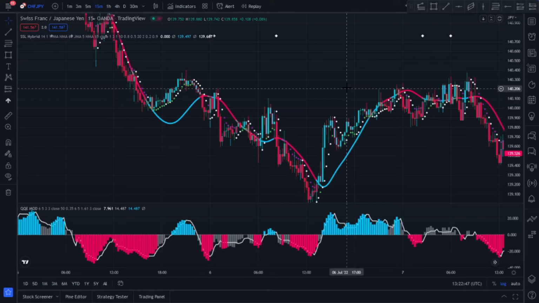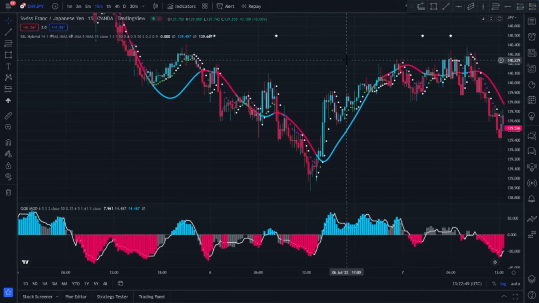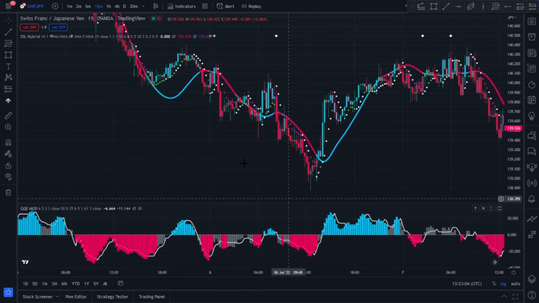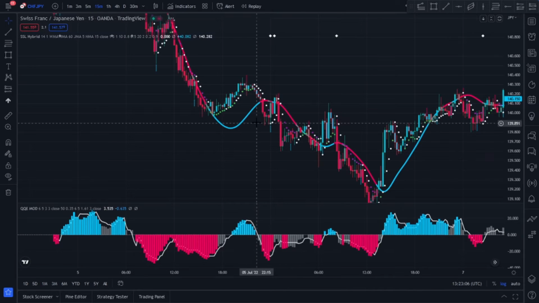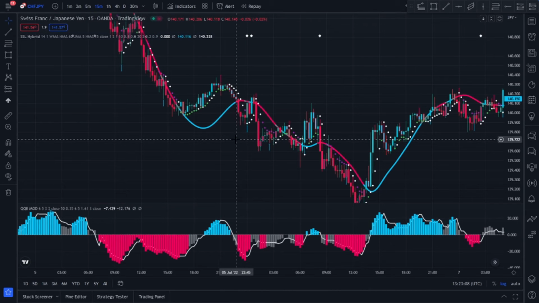For long positions: 1. The SSL indicator line should be green. 2. The price is above the line. 3. The color of the QQE Mod bars should be green. In these conditions, the rising signals that the SSL indicator shows us with a green arrow are valid, and we